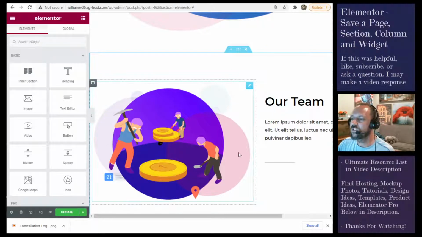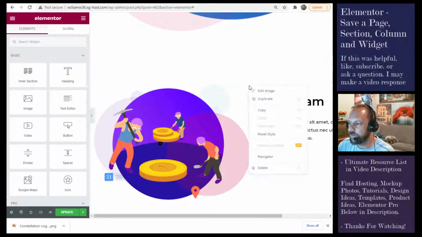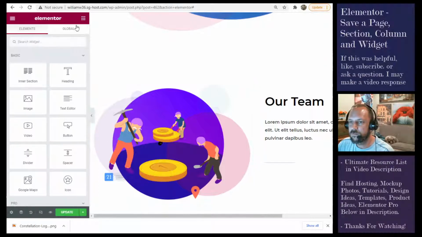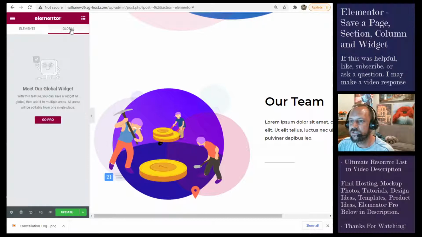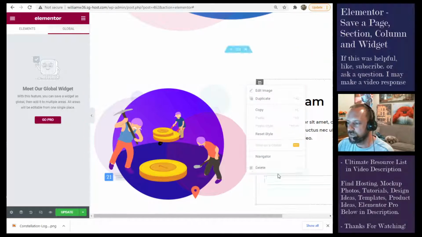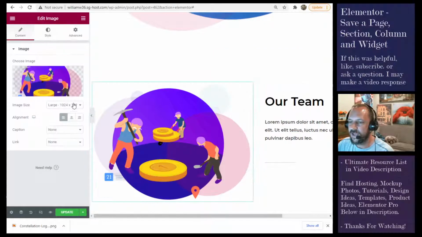To save a widget, saving a widget is technically an Elementor Pro option. See this widget right here? If I wanted to reproduce it throughout my site, I would right-click it. See right here, save as a global. That's grayed out right now because this is just my practice site. So if I look at the widgets up here, here are the elements, and this is where the global widgets would reside. So when you actually set it as a global widget, then you can drag that widget